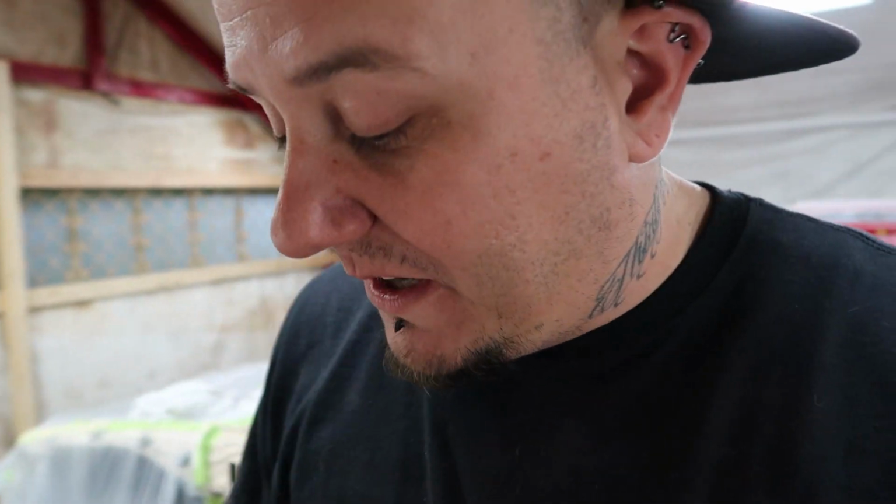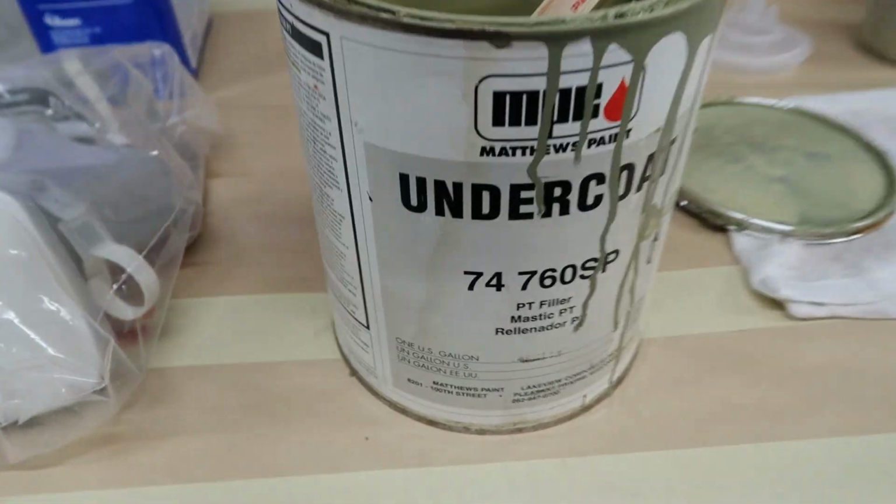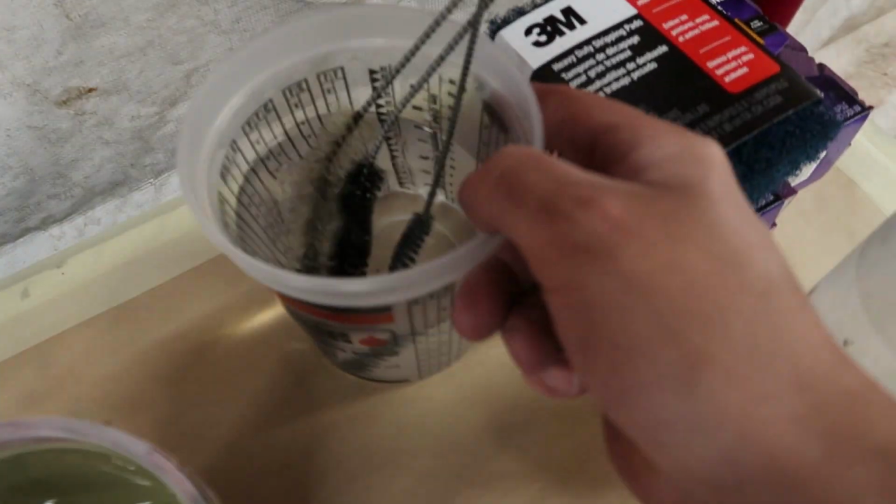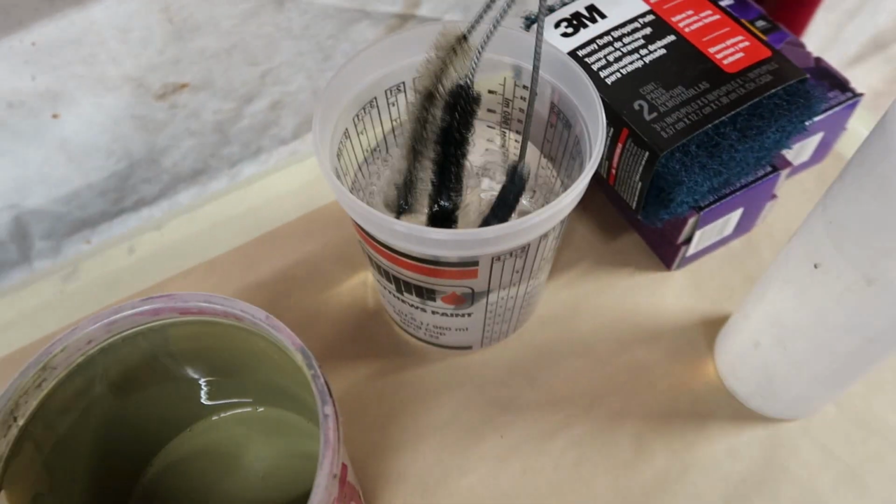It's direct to metal. It's self-etching, but it's not real thick. It's called PT filler, but it's not like a high build type of primer, you know what I'm saying? So it goes on kind of thin, but it does bond really well directly to metal. So that's what I'm going to be using right now to hit all these areas before I start doing body work, before I start putting some Bondo on here, because I want the Bondo to have something to really bind to. I've got my cup up here full of denatured alcohol, my little brushes that I'll use